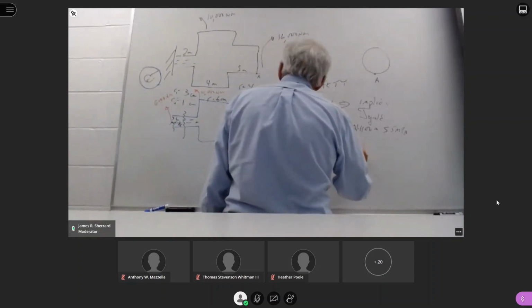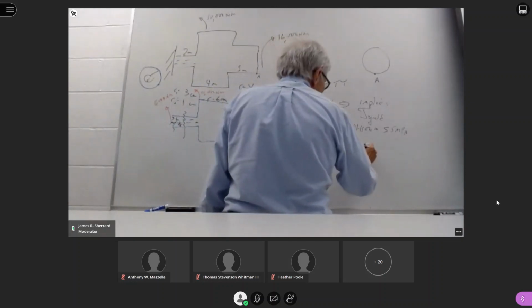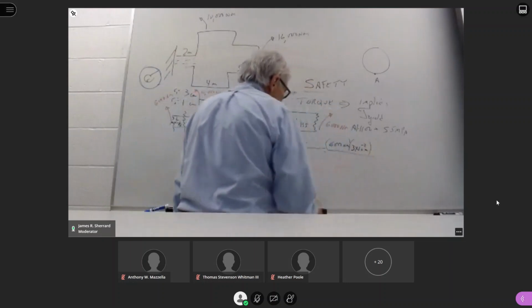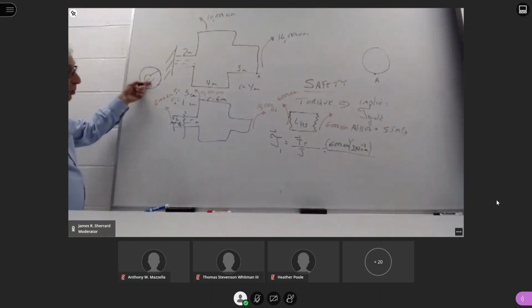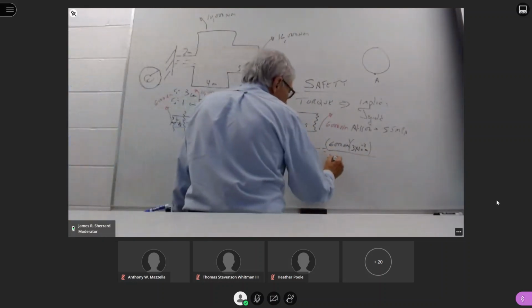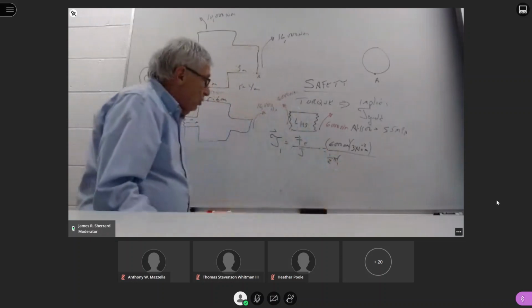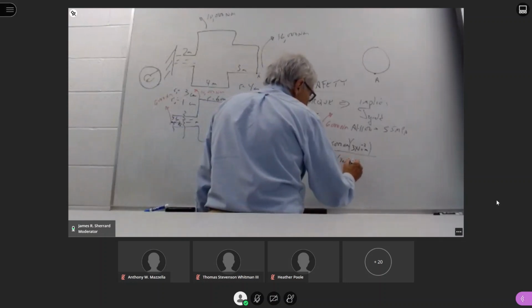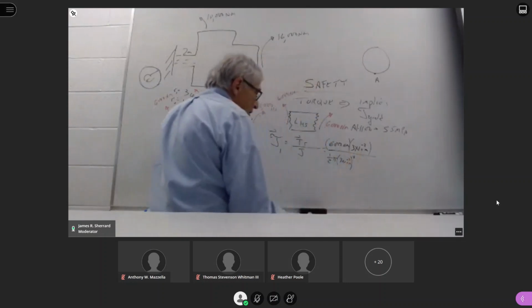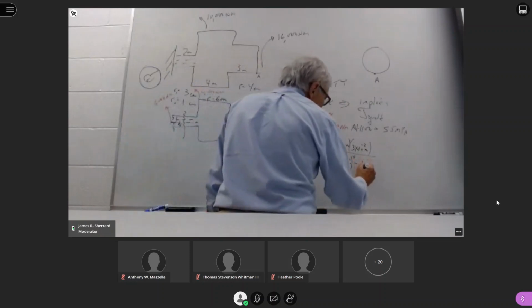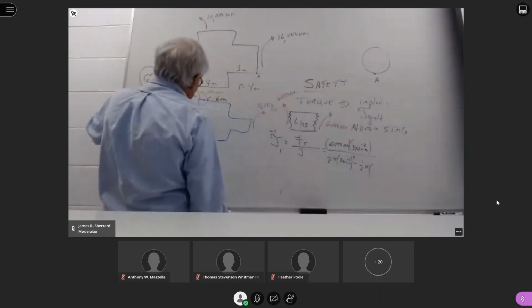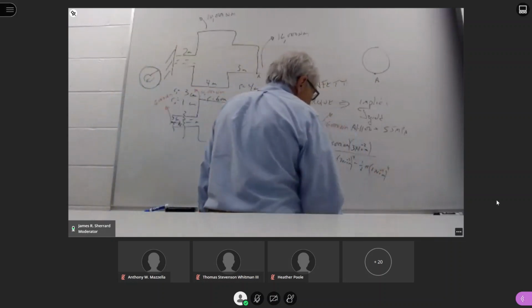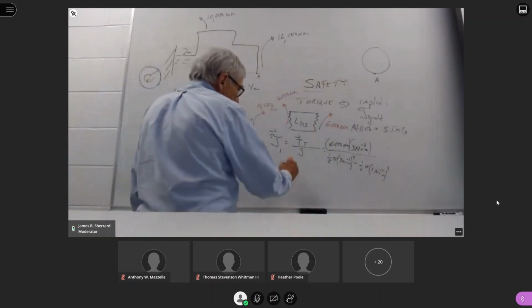So this is going to be 3 times 10 to the minus 2 meters. I then divide it by my polar moment of inertia. Since this is a hollow pipe, this is going to be 1/2 pi times the outer radius, which was 3 times 10 to the minus 2 meters, raised to the 4th, minus 1/2 pi times the inner radius, which is 1 times 10 to the minus 2 meters, raised to the 4th. When I did that calculation,